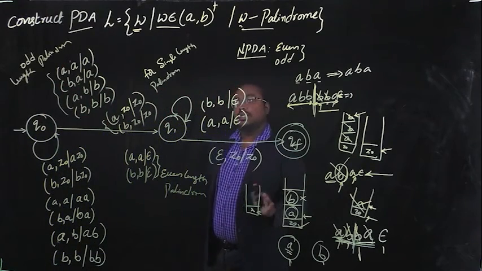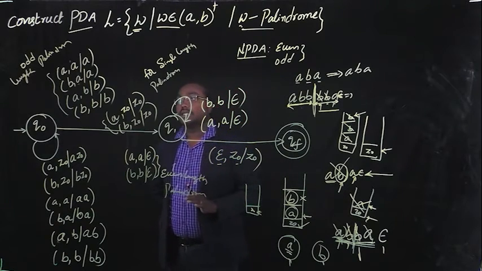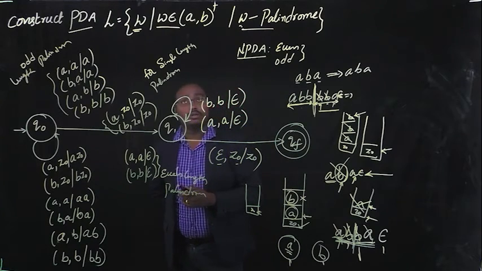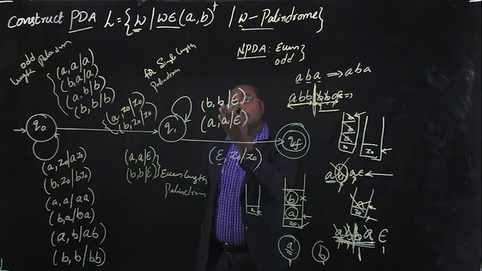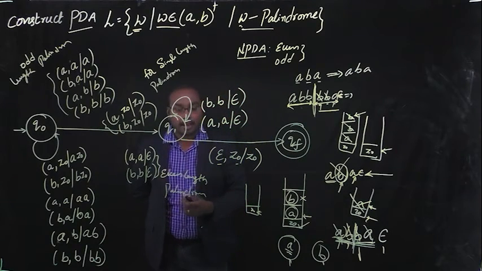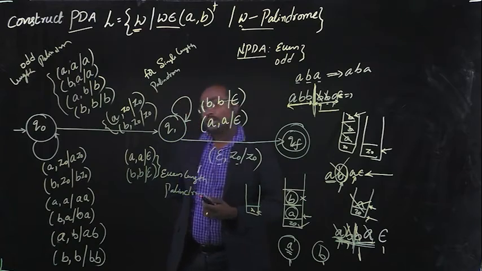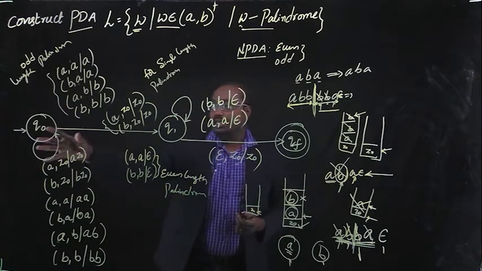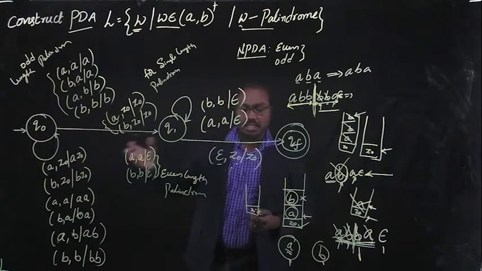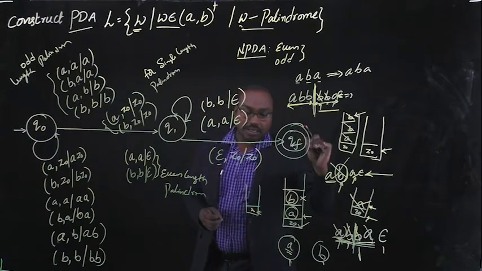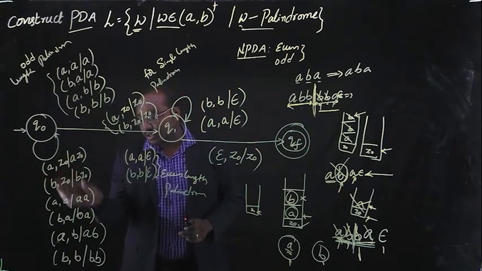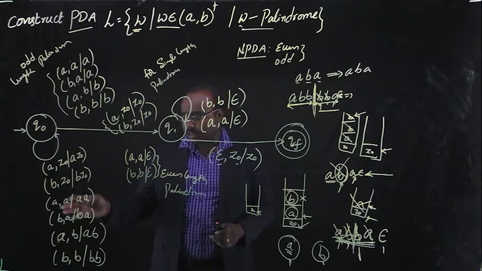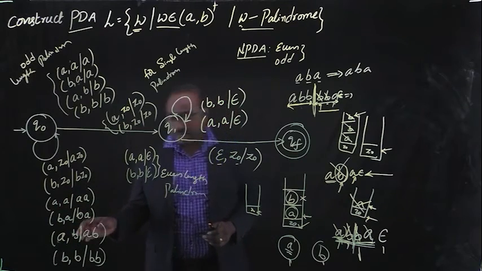So finally, this is the non-deterministic pushdown automata for the given language, W belongs to (A, B)*, where W is a palindrome string. So here we are taking only two states, Q0 and Q1. For the first state Q0, we are reading all the input symbols, inserting all the elements onto the stack. Okay, so A, Z0. So these are the possibilities for reading the input symbols: A, Z0, B, Z0, different combinations, A, B, A, and AB, BB.